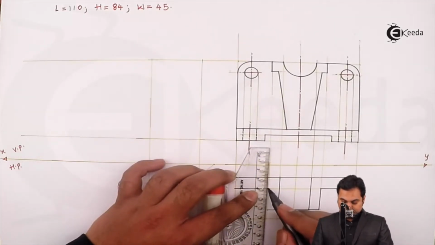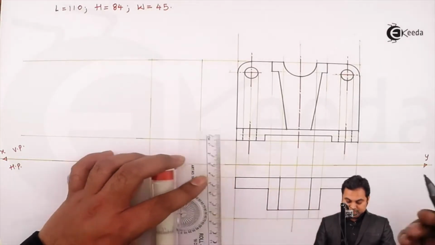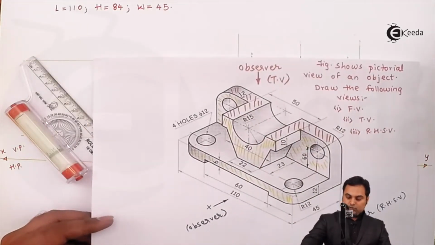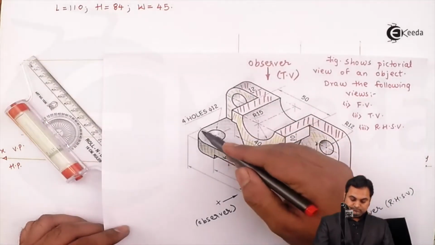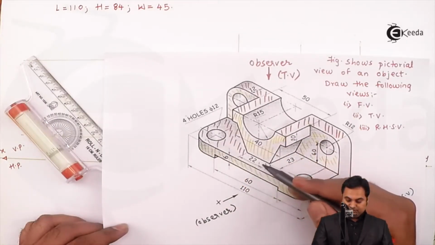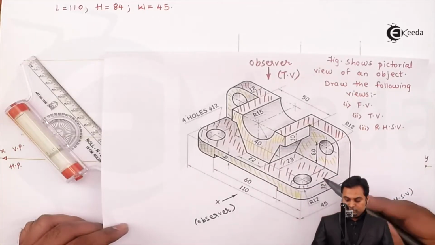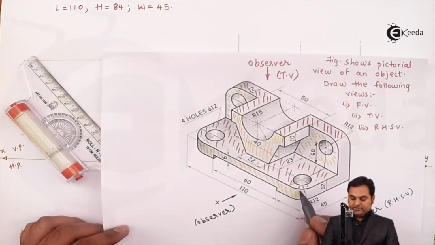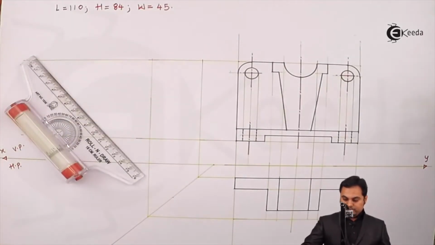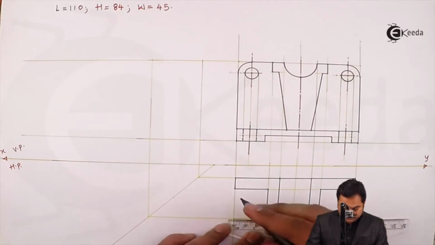So here I am drawing those rectangular surfaces as visible from the top. I have completed this surface. Next, when looking from top, even the surfaces which I am shading here are visible. So I'll be drawing this surface. It is having radius 12 mm on the corners. So first getting the center, measuring 12 mm